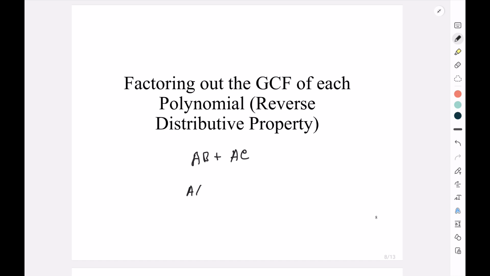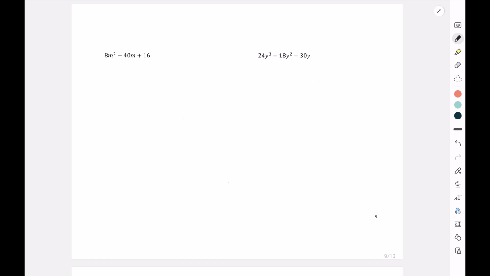So we would have an a and then a b plus c left over. And so that's the idea of what we're going to be doing. So for the first one, we can see that we have an 8m squared minus 40m plus 16. And we can see that we have an 8 in common for each of those, and so that would be our greatest common factor. So if we pull out an 8, we're left over with an m squared minus 5m